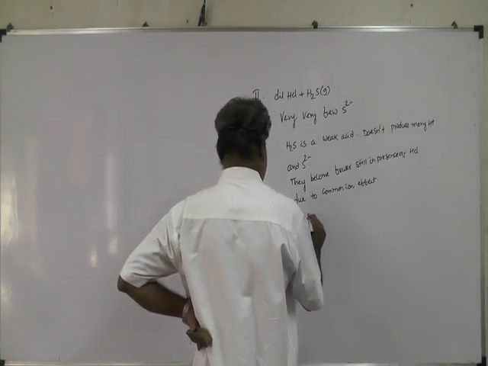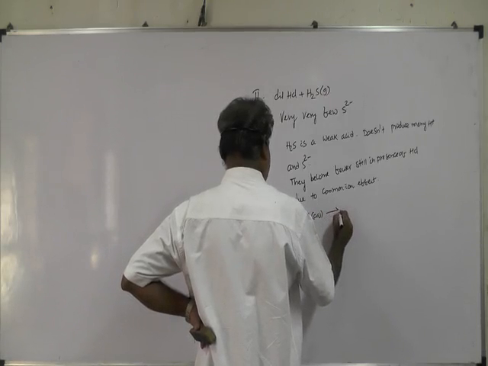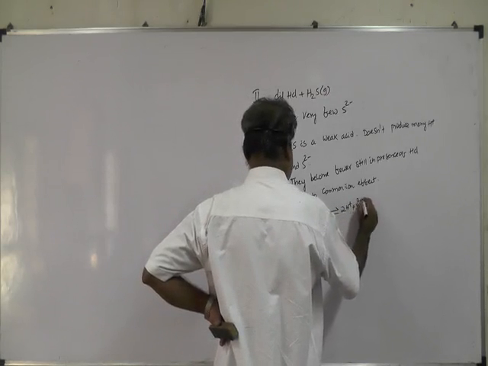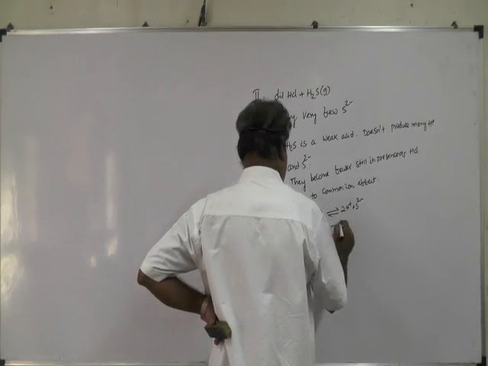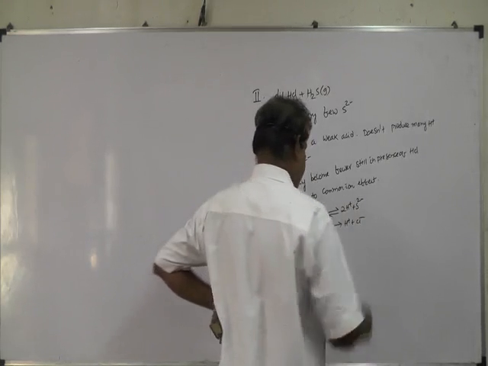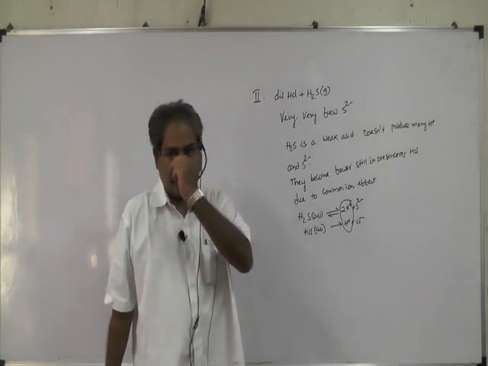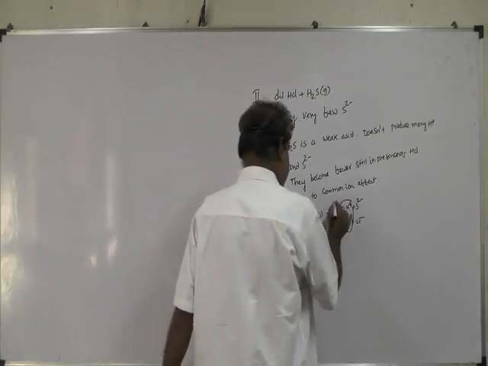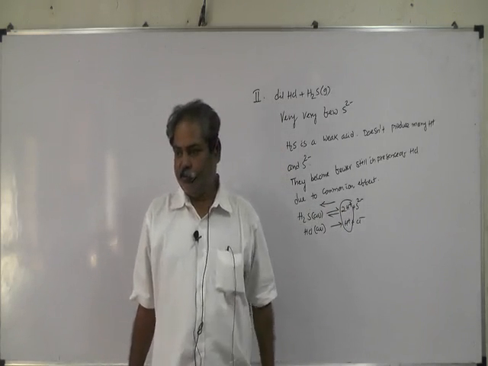H2S aqueous ionizes to give 2H plus and S2 minus, HCl aqueous, H plus and Cl minus. There is no equilibrium here. And this is the common ion because one of the components of the products is more. Here backward reaction will take place and sulfide ions they become fewer still.